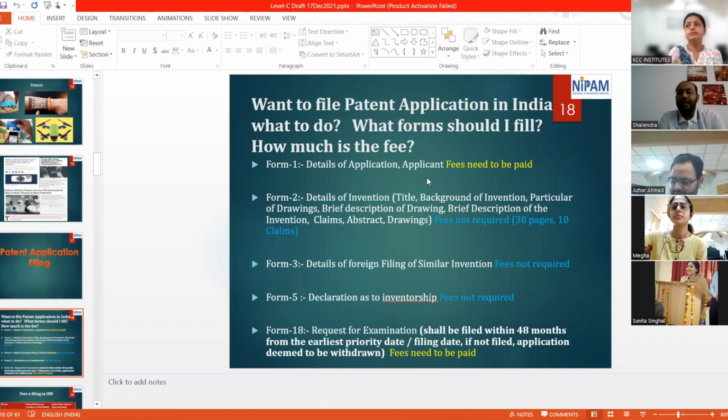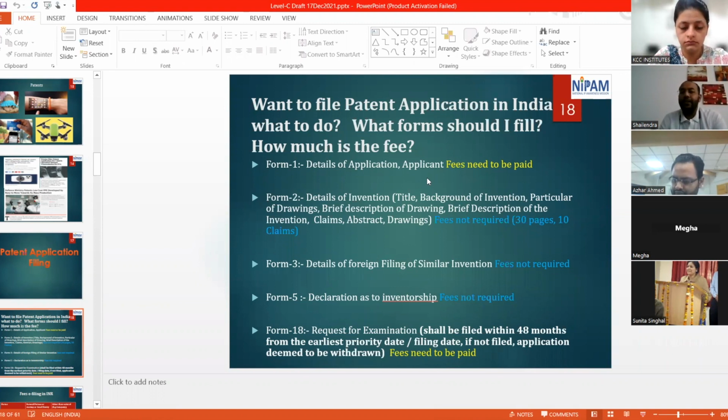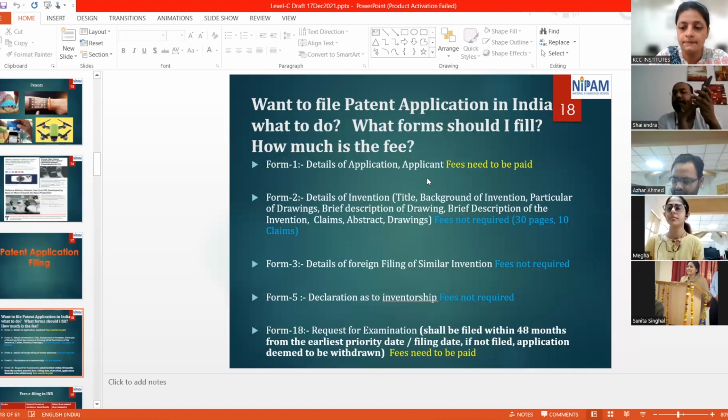Form 2 is basically nothing. It's just the descriptive part of the application. Means whatever you have made or whatever you have done in your research, like let us assume that you have made this mobile with some different features. So all the features, all the information, all the descriptions, all the technology that you have used, that you have developed, everything you need to mention in the Form 2. How it's working, how you are going to fabricate, what is going to happen, what challenges you have